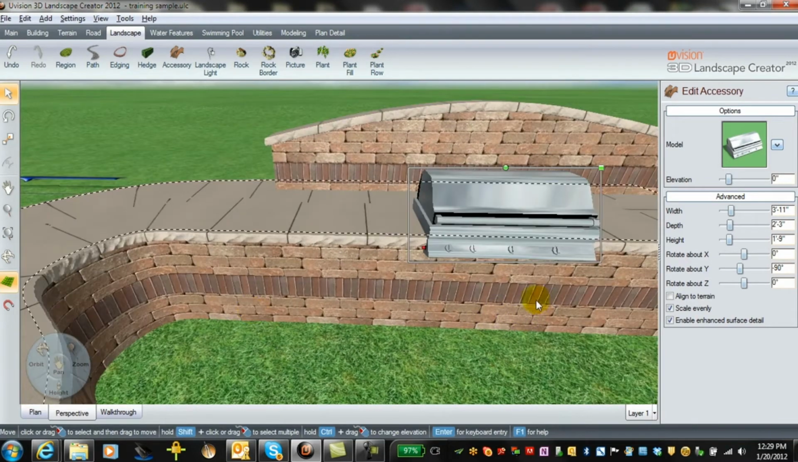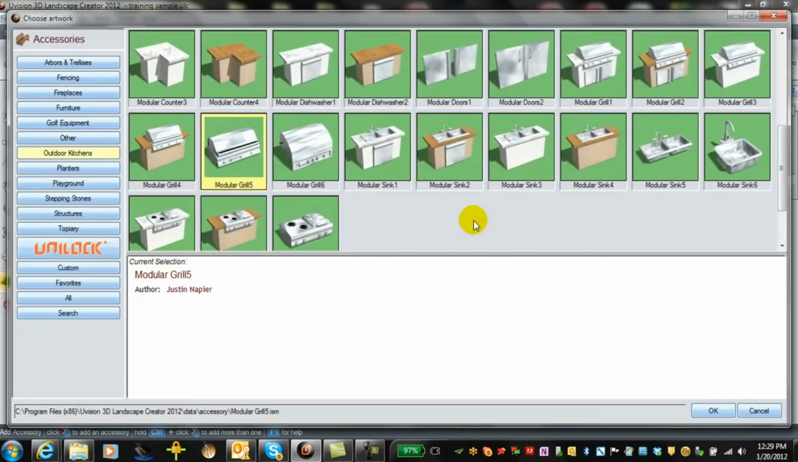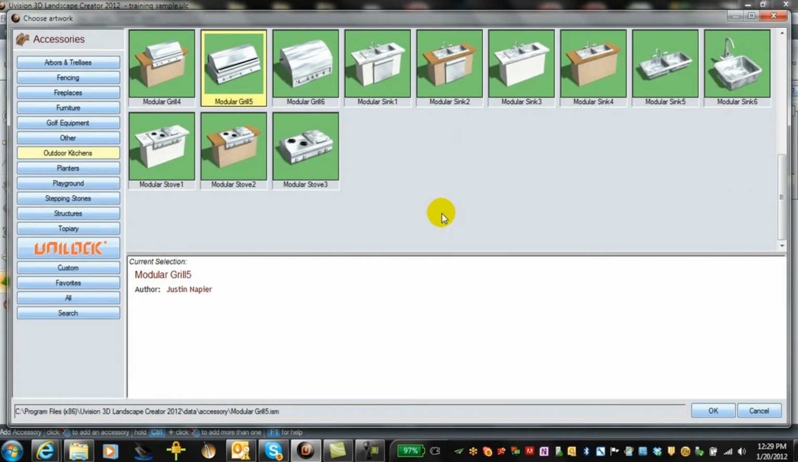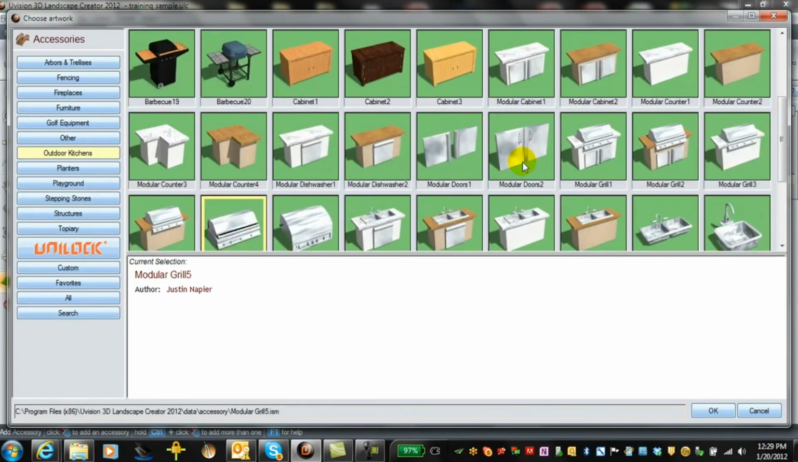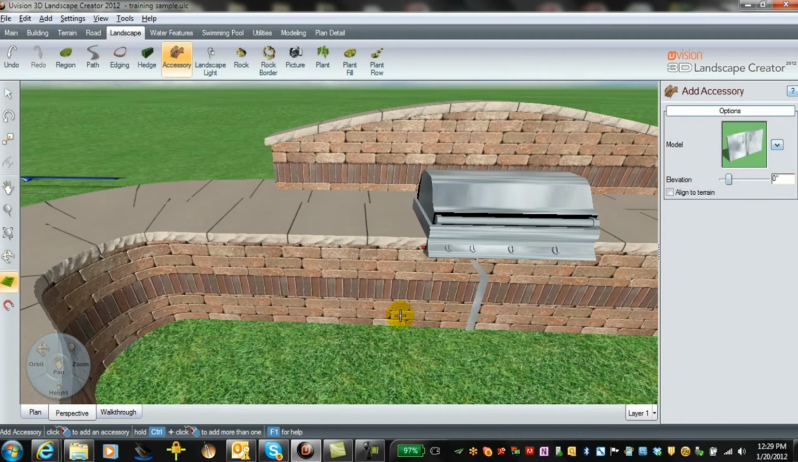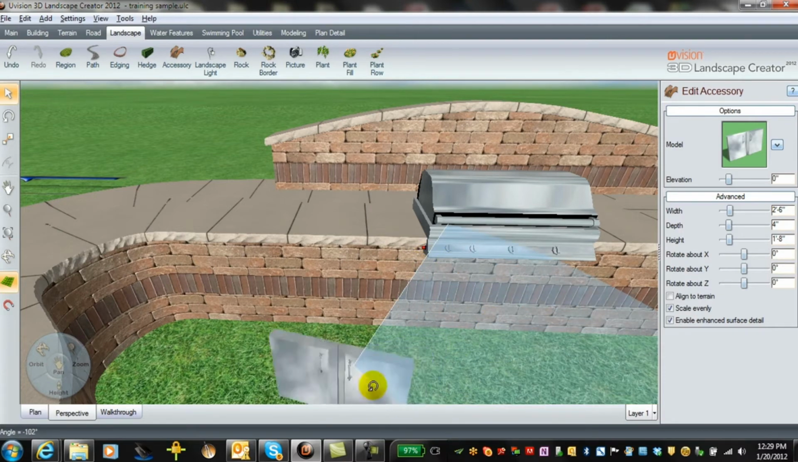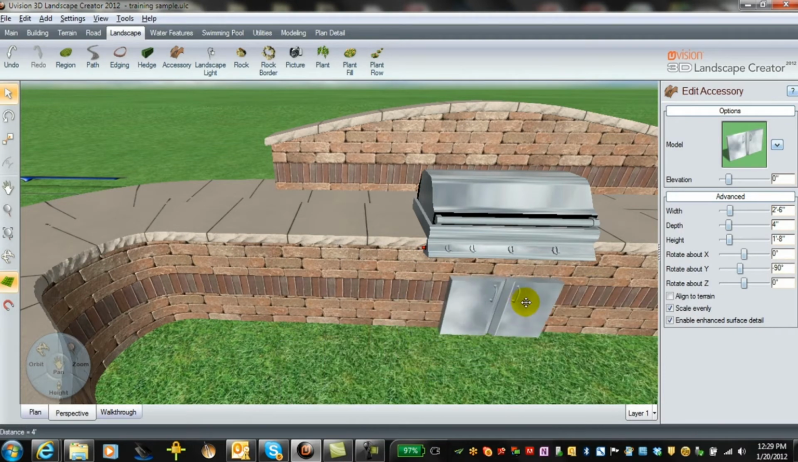You're ready to put in some grill island doors too. You can do that out of the same menu. If you go to accessories again, there should be some doors available. There's some sinks available, and here's some doors we can put in, and they also need to be rotated, and we can place those right in,